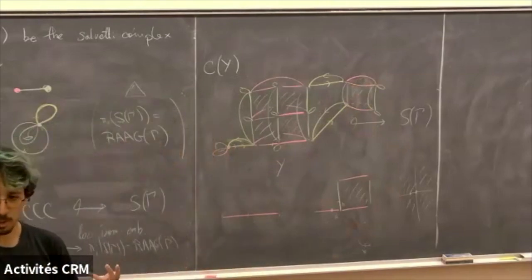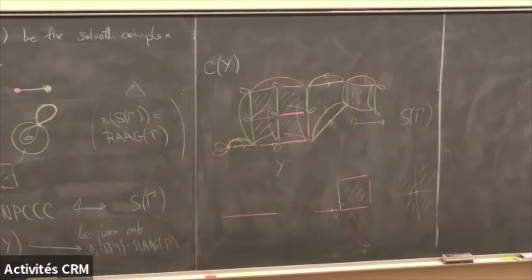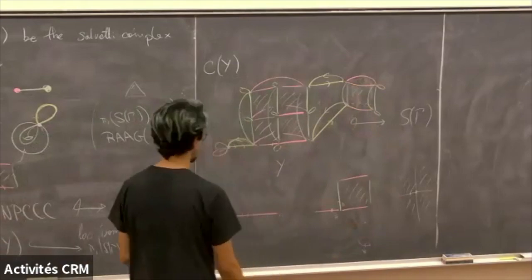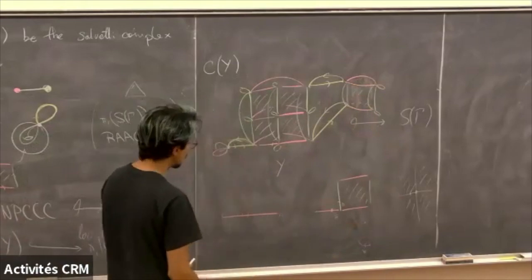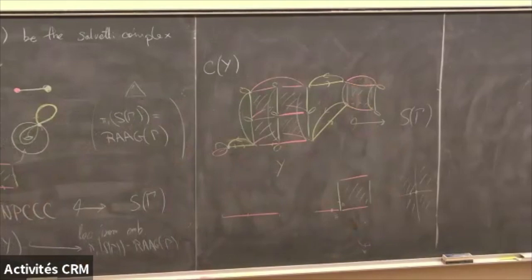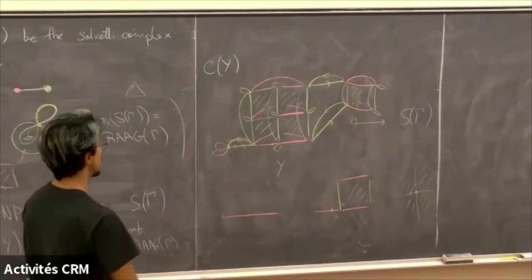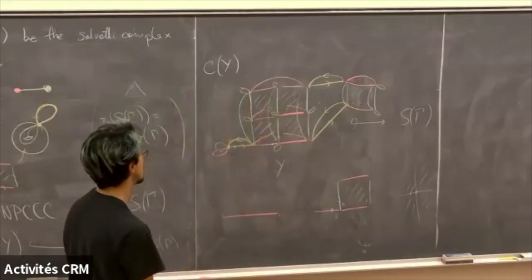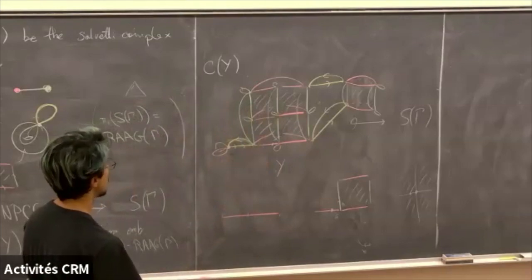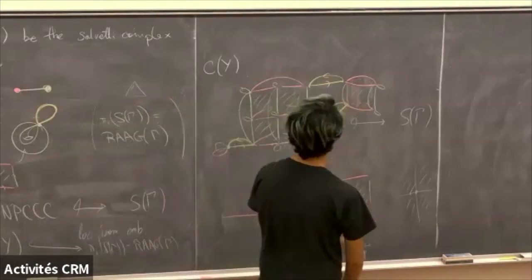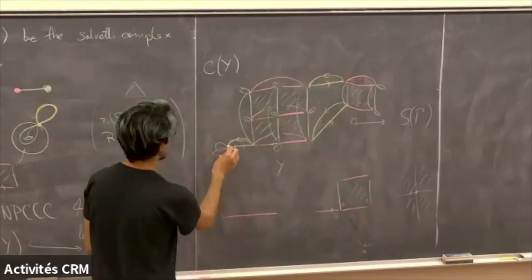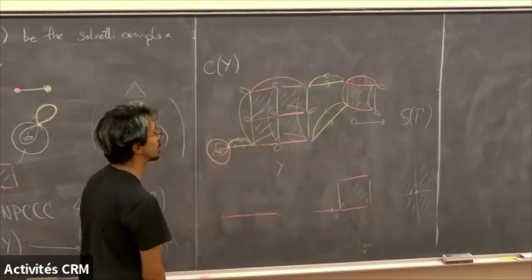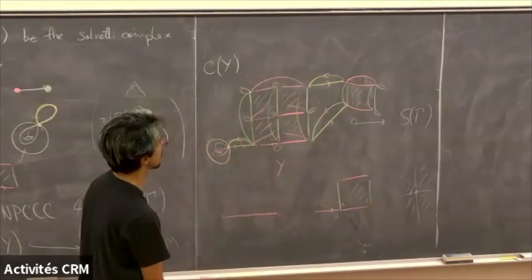We only took care of the one skeleton. And now what we're going to do is put on the squares. Maybe it's not immediate to see that one can actually put on the squares, but here what you'll get is a torus when I put the squares in, same for here.